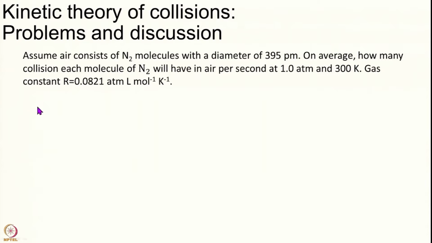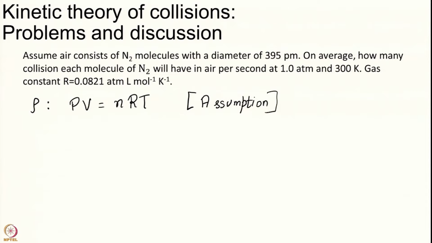Finally, I have to calculate the rho. I have to first get the number density, rho. To calculate rho, I am going to use the ideal gas law. Any time in a question, if to calculate something you are making an assumption, that is fine to do if it is a reasonable assumption, but you should mention what assumption you are making. N2 is an ideal gas. So, my answer will be valid under this assumption.